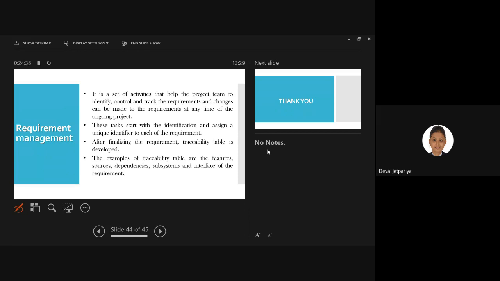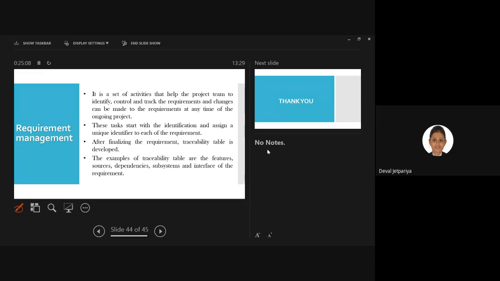This task starts with the identification and assigning a unique identifier to each requirement. After finalizing the requirements, a traceability table is developed on which our management team will work. Examples of traceability table entries are features, sources, dependency, subsystem, and interface of the requirement.